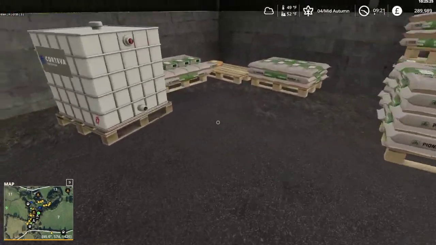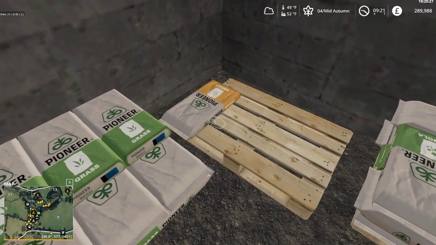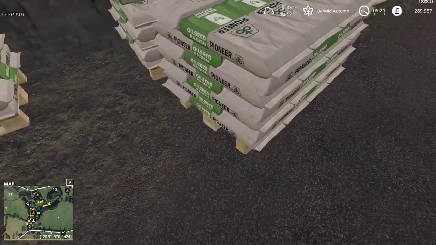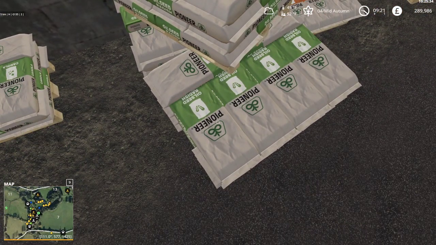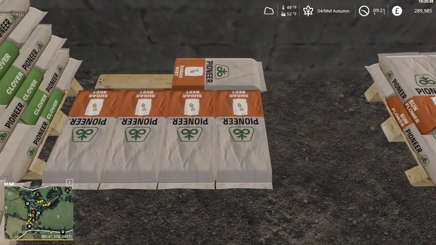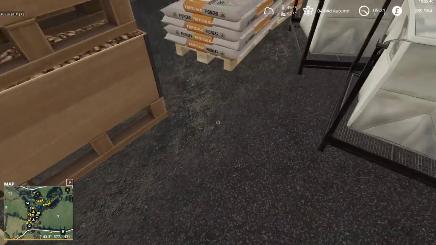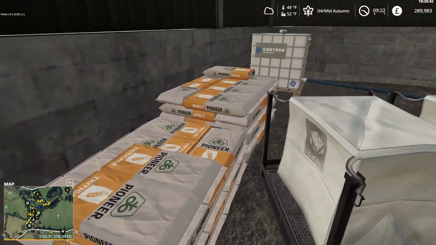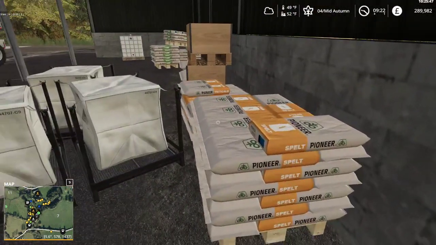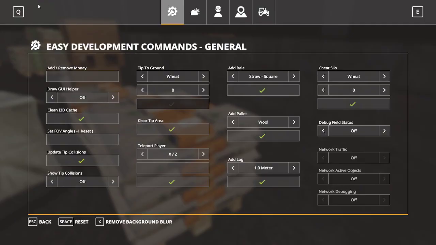Okay, what do we have? We have grass, we have not enough wheat, we have canola, that's not going in that field. We have oilseed radish, a lot. Sugar beets, not planting that. Sunflowers, not planting that. Triticale, we could plant that, although we did that last time. We've got lots of spelt. So, what we'll do